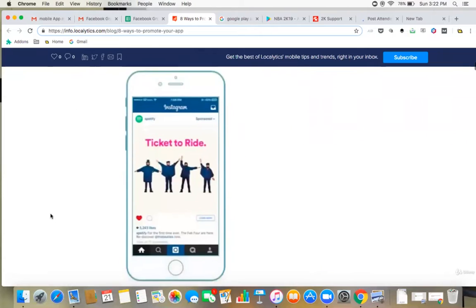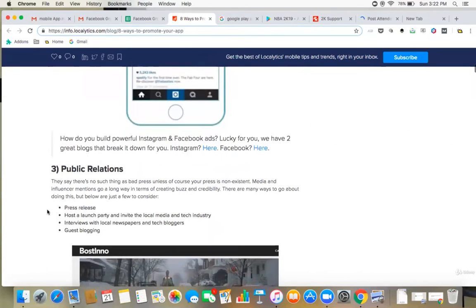If your app is quite unique and you have done the proper research and checked that there is a lot of demand for your app, then I'm sure that the monetary aspect of spending or investing will come back to you. Okay, public relations. If you have connections in public relations or press releases, or if you can do guest blogging,